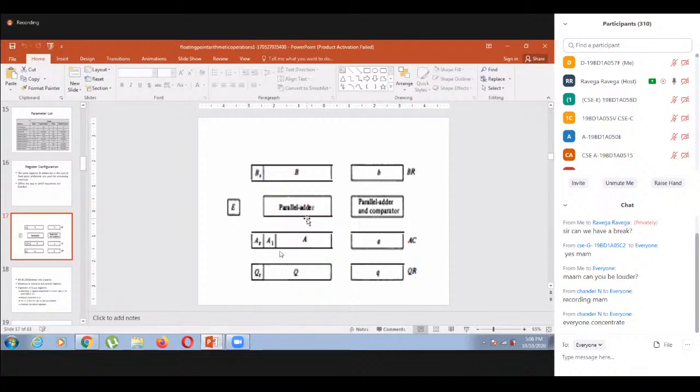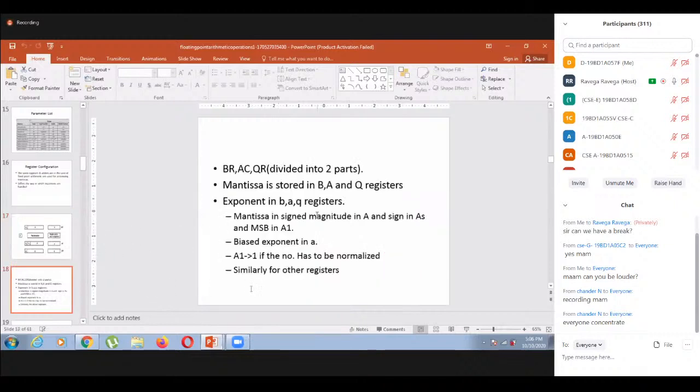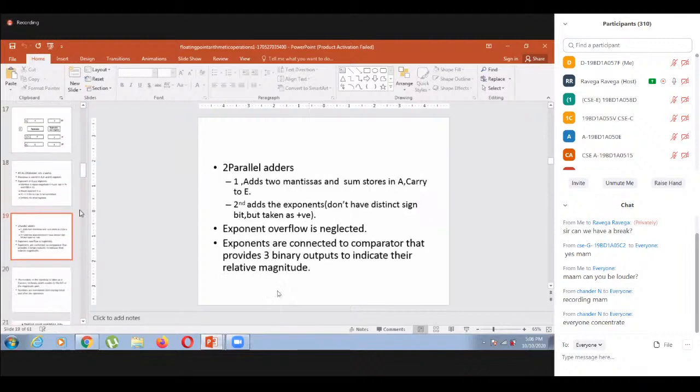Here in the parallel adder and comparator, the E bit is represented for the carry bit. So this is the register configuration. The most significant bit is always